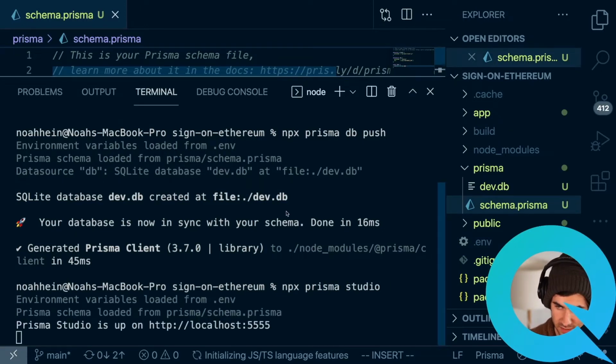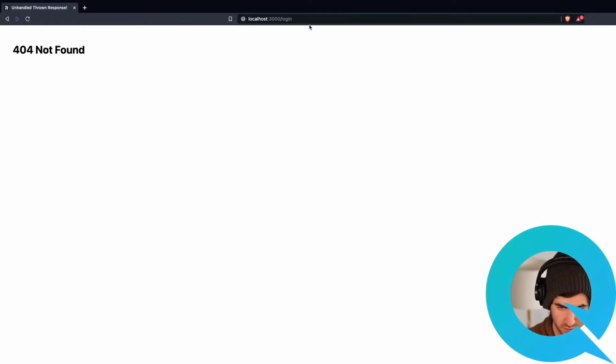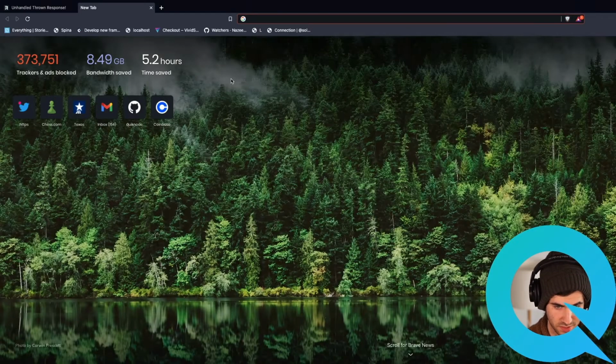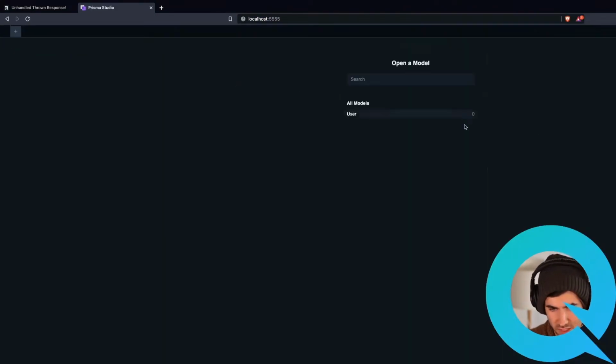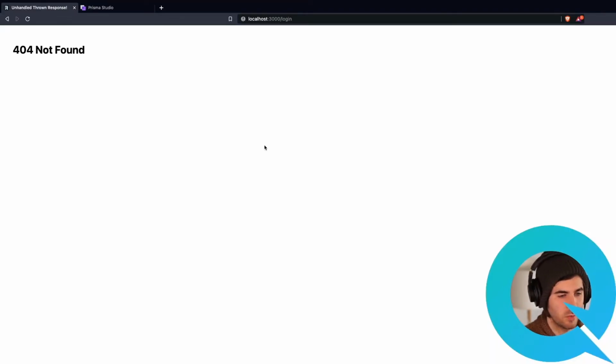Prisma actually has this pretty nice tooling where if we did npx prisma studio, you'd be able to see it at localhost:5555. So we'll create a new tab here, localhost:5555. Awesome. Now you can see this is a look into your database from your browser that Prisma allows you to do. You can see all of our models. We have a User and we have 0 instances of our User model. We'll keep this tab open, so we can take a look whenever we're done to see that we did in fact create a user in the database.